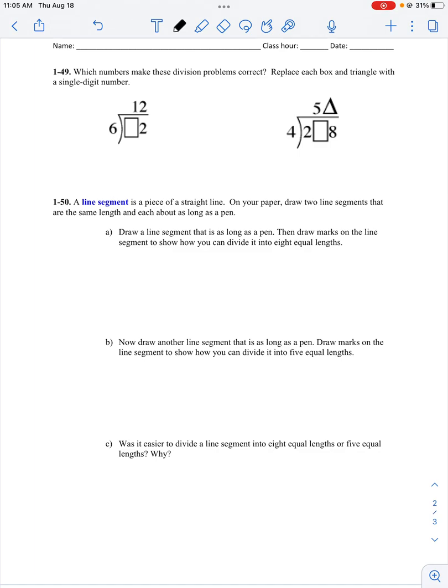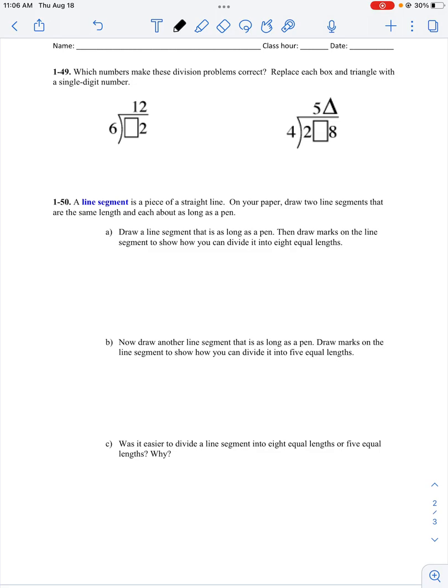Okay, moving to problem number 49. Which numbers make these division problems correct? We need to replace each box and triangle with a single digit number. Now, these can be harder to think about for some of us. So what we need to think about, okay, well,